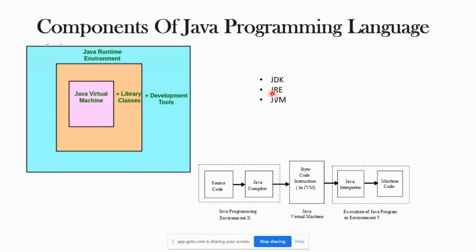Next thing is JRE, Java Runtime Environment. You might have been a user of a Java application in the past.